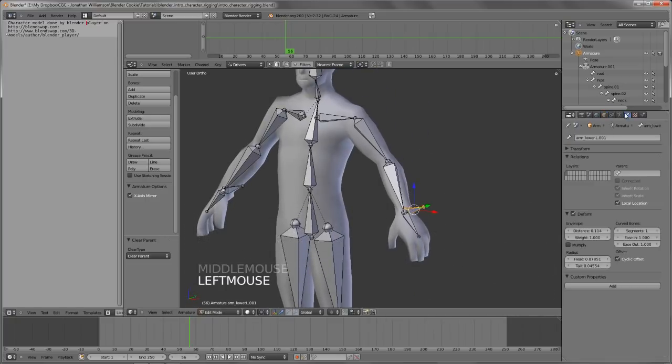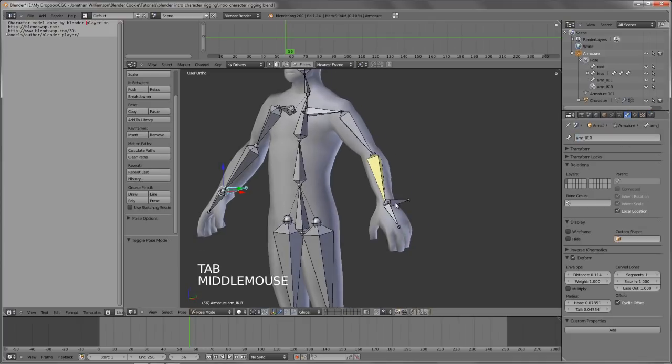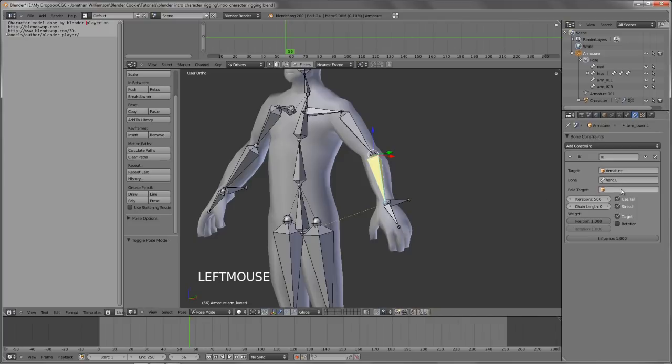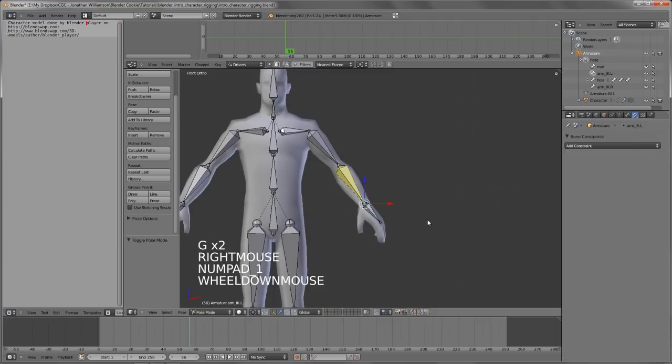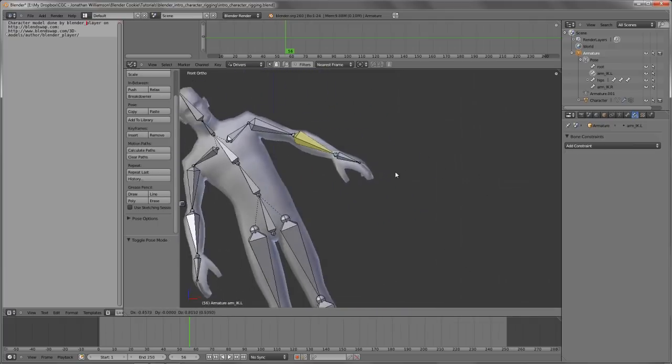So let's go ahead and rename this. This one is going to be our arm_ik.L. This one is going to be our arm_ik.R. And now if I set this as the target by selecting this bone, notice it's turned yellow because of the constraint, go over to the constraints panel and choose the bone, I can now set this to arm_ik.L. And now if I grab this, hey, check it out, it's sort of starting to work,